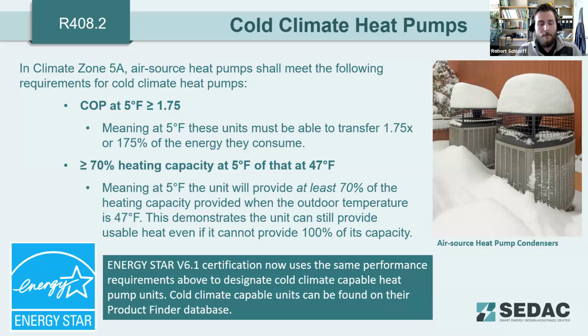Second point there is it must have greater than or equal to 70% of their heating capacity at an exterior temperature of 5 degrees. So the way that that's worded there, it's 70% of the heating capacity that's available at 47 degrees must be available at 5 degrees. So again, making sure that we have a usable amount of heat. And often, depending on the location and the condition of the existing building, 70% of the heating capacity might be enough to survive cold snaps without a significant effect on interior temperatures. If you need or want supplemental heating after that, you can carefully size supplemental heating to extend that range even further.